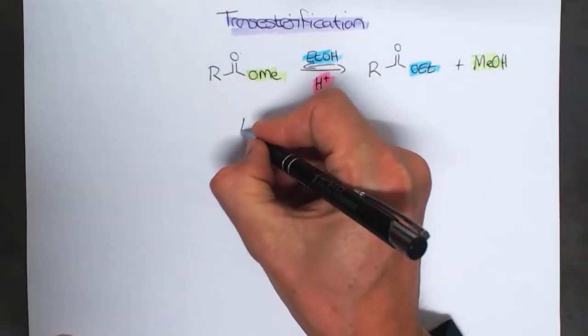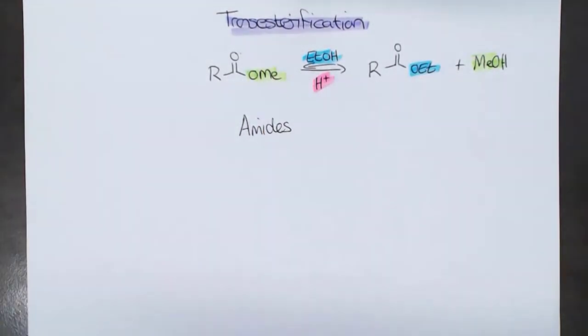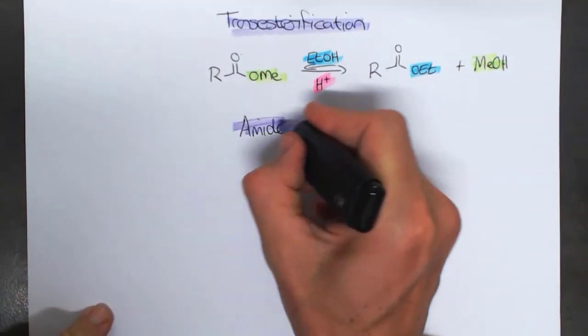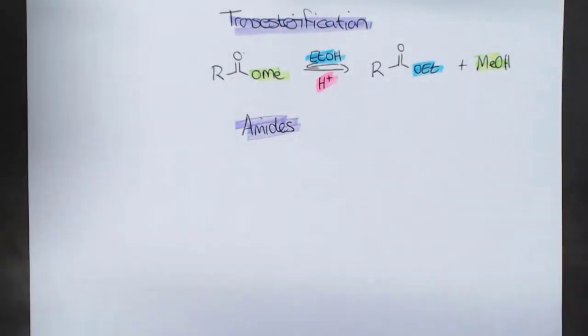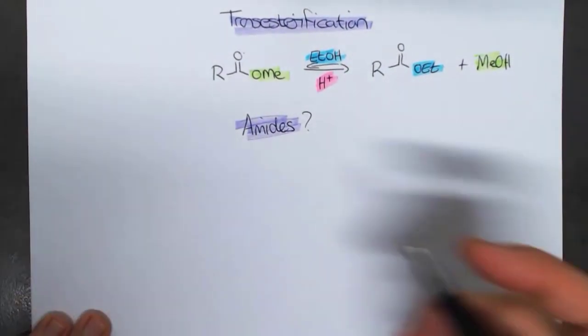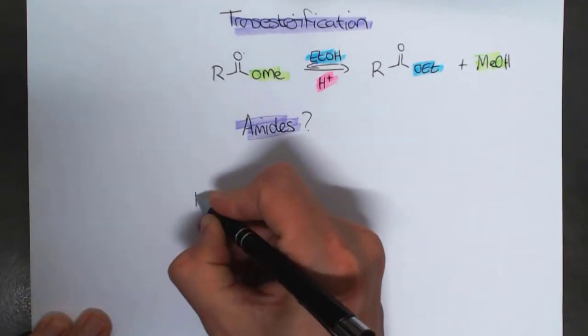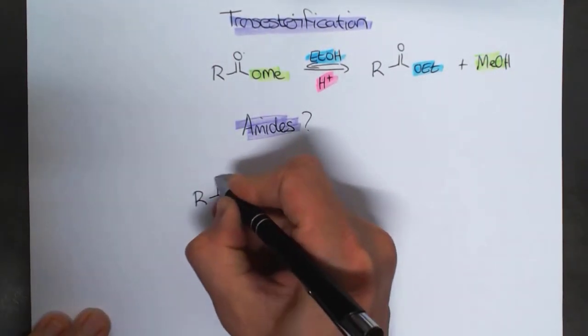What about amides? Can we make amides via this Fischer esterification process? The short answer to that is no, we can't. And the reason for this is actually quite easy to explain. So look here. If we take a carboxylic acid